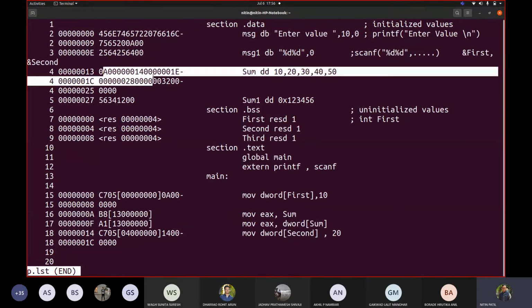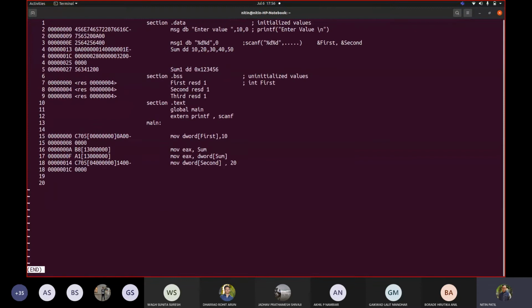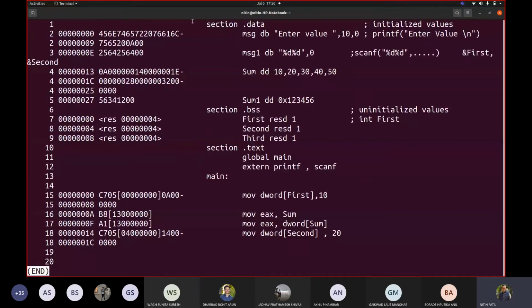So in groups of some bytes. Depending upon the screen size, you can see it has a specific fixed form of how many characters or digits are to be displayed here. Then it adds a dash to tell you continuation. Whenever a dash is there, that means it is a string.